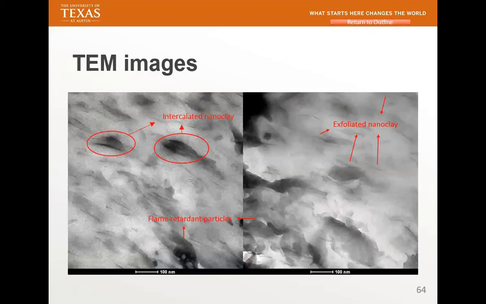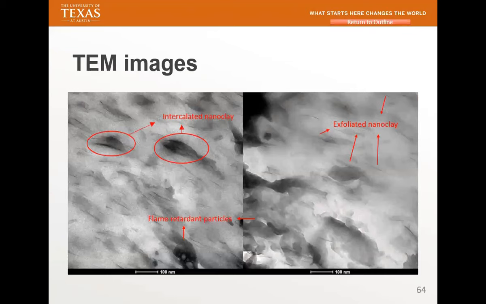If somebody says that I have a fully exfoliated polymer, they have no shading. There's no such thing. It's always intercalated and exfoliated, but you need to look at enough TEM. People are always attacking TEM, saying, well, you only look at a tiny little thing. Well, if you look at a lot of different areas, you can get a general idea. So we did a lot of those, and it's all in his PhD dissertation.